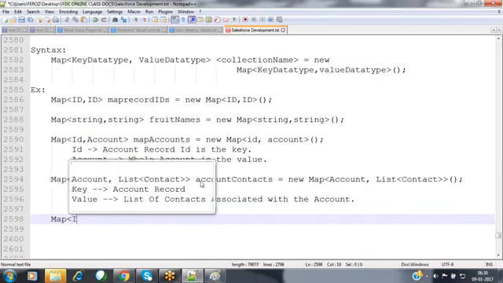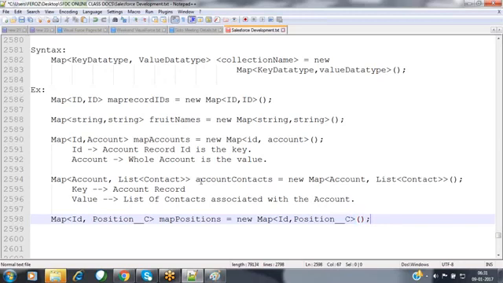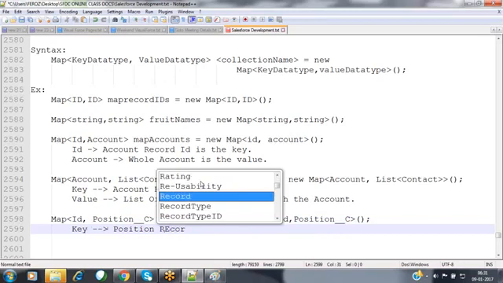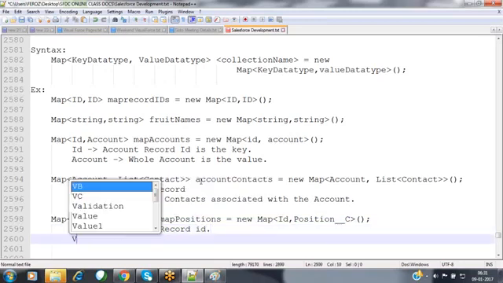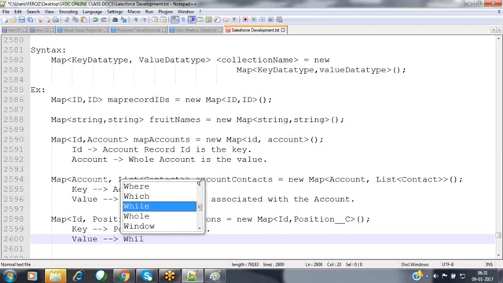Now, I'm using map of ID, comma, my position record here. Map positions, new map of ID, comma, position underscore c, where the key is the position record ID and the value is the whole position record.